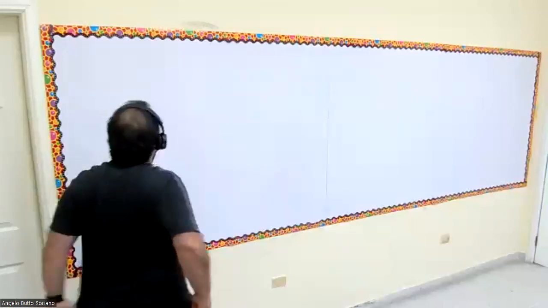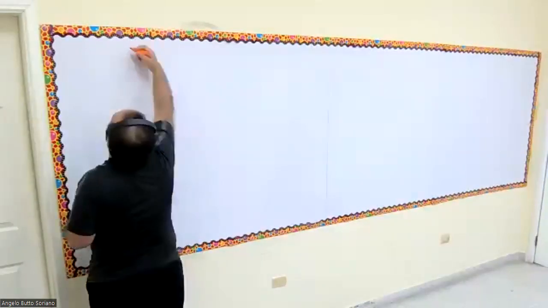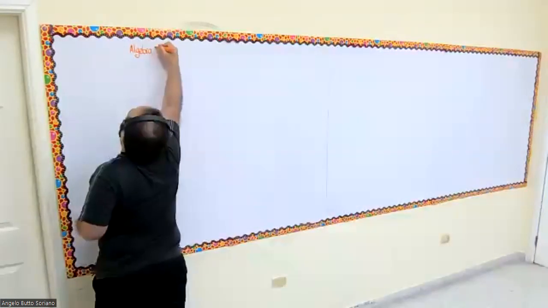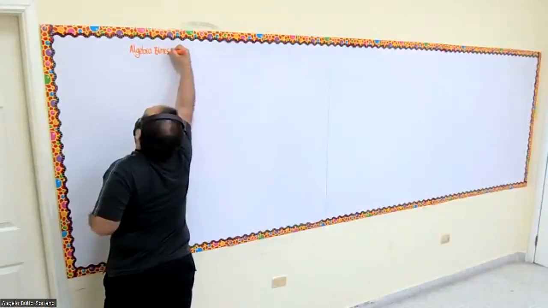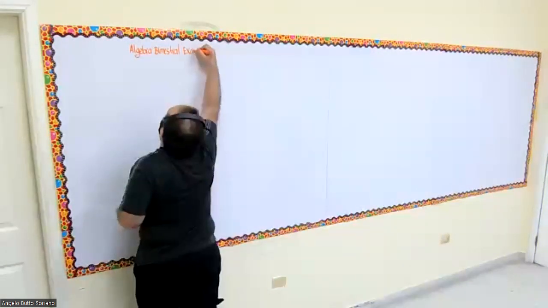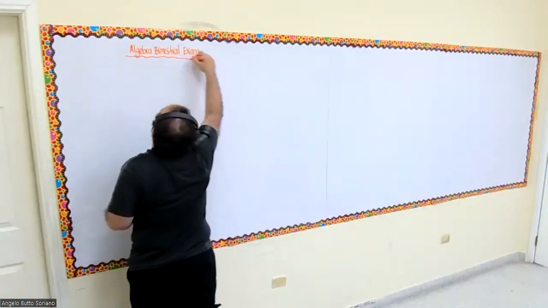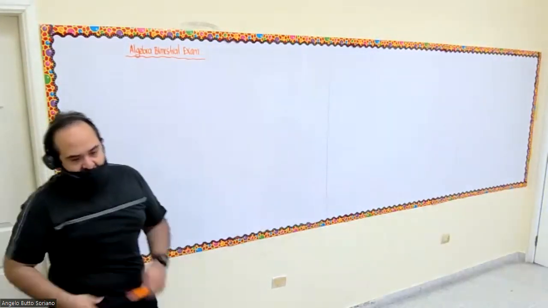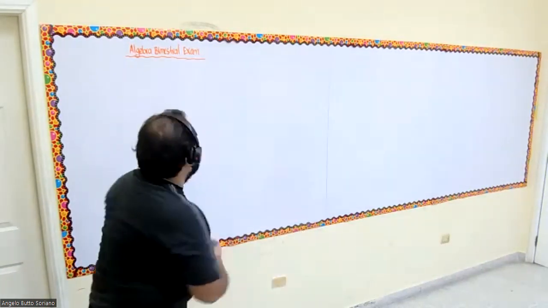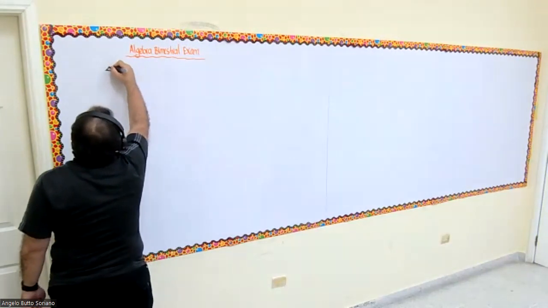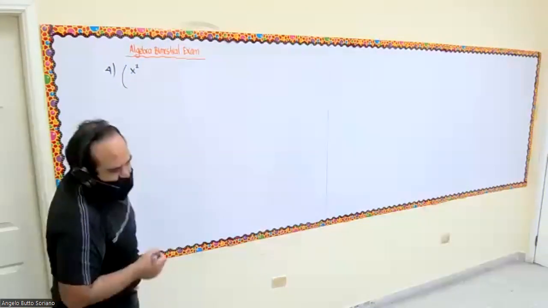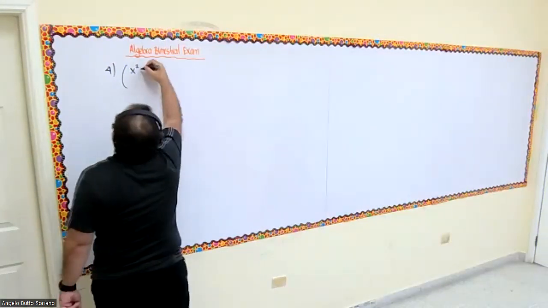Okay, this is going to be Algebra 1. Bimestral exam. And we're going to solve the last algebraic expressions, which was problem number 4. And problem number 4 says x squared minus x minus 56